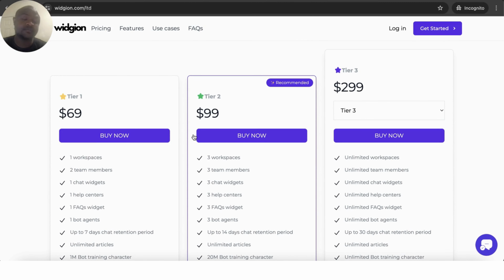We currently have 5 tiers. The first one is limited, without branding. The second one has the option to create at least 3 workspaces and 3 chat widgets. 3 chat widgets means that in each workspace you can create 3 widgets, making 9 widgets that you can